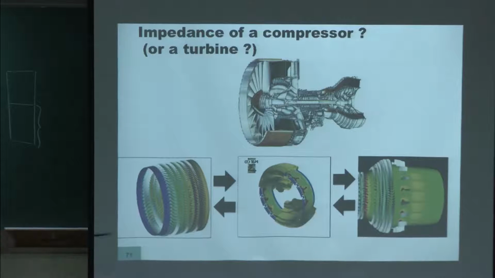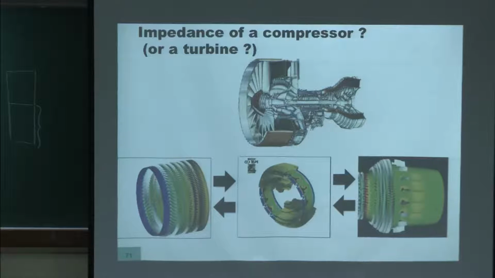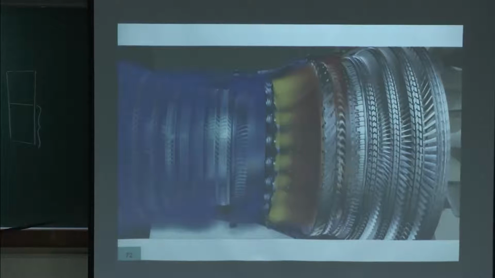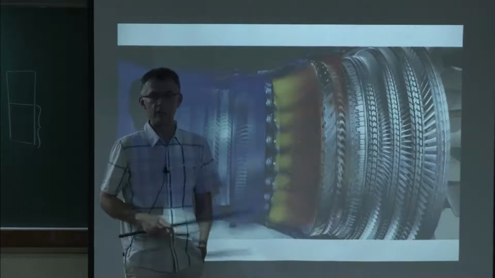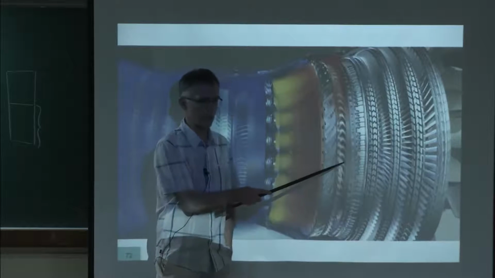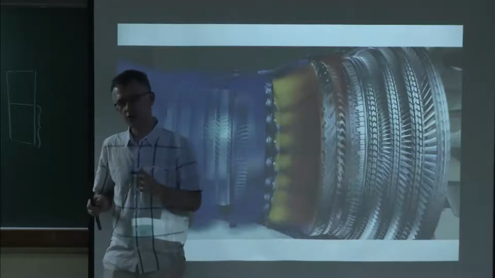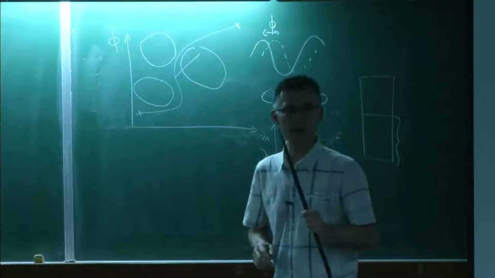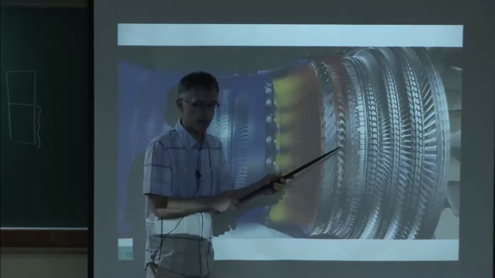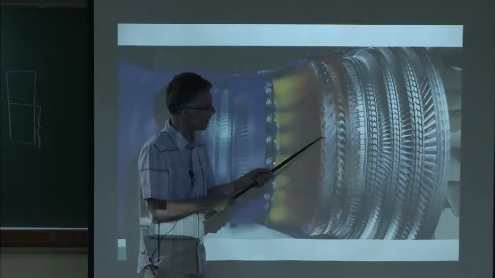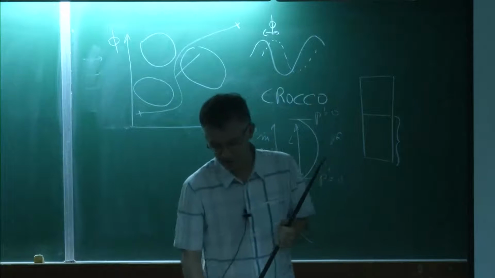What will you have? Well, you will have a turbomachinery element, a compressor and a turbine. And usually that's an exciting topic to find the impedances. So here, for example, that's the chamber. You need to know the impedance of this element. What does it mean? It means if I'm sending an acoustic wave in this direction, how much is coming back? That's a very simple question. Now you go to Siemens, you go to Alstom, these people know how much, but they never publish it, because it's quite expensive if you want to measure that, and it's also very important information to know if these systems will be stable or not, because the stability depends directly on this impedance.